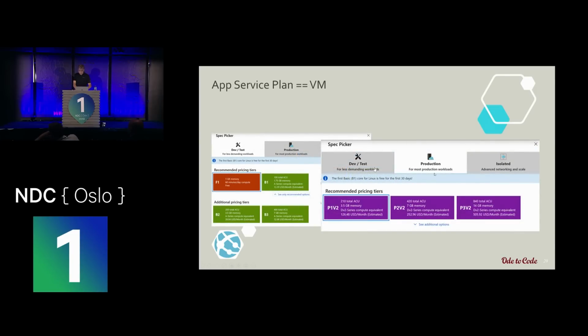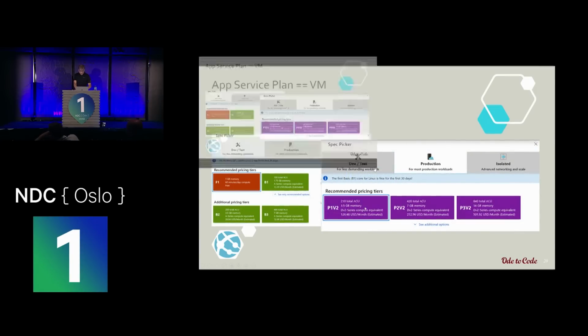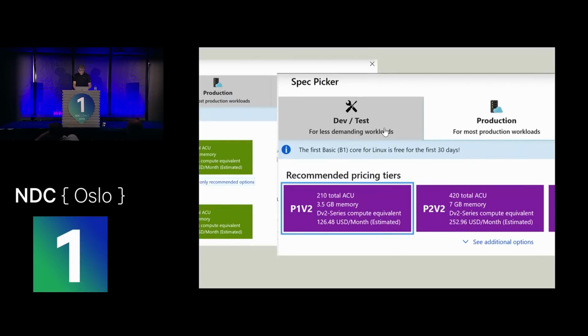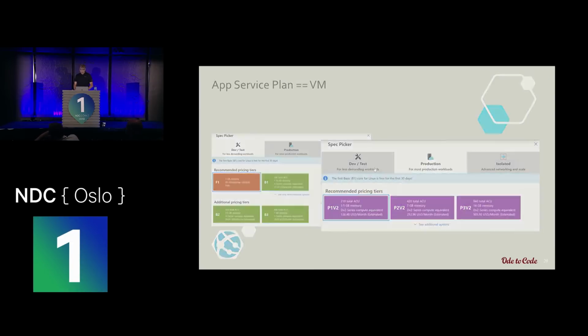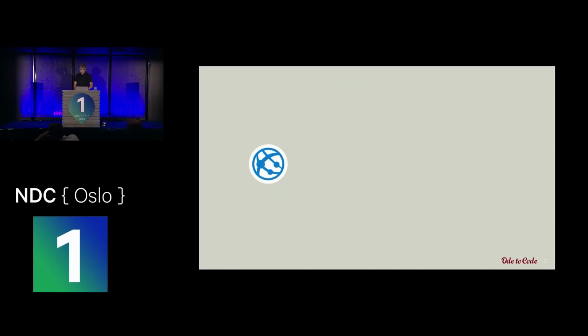And let's see, that's just an example of one of the production tiers where that's going to be a 2 CPU virtual machine, but it's actually 210 ACUs because it's one of those newer D version 2 series VMs that's going to host my app service plan. And then the important thing to understand about an app service plan, you probably know this already, is first of all,